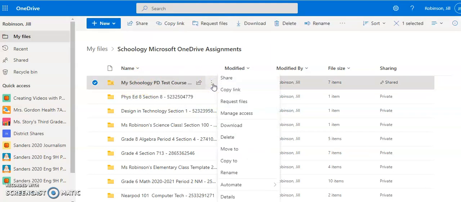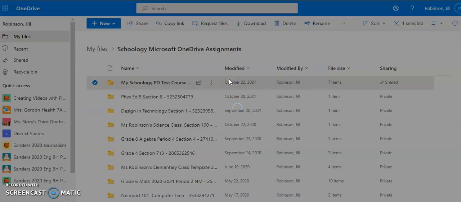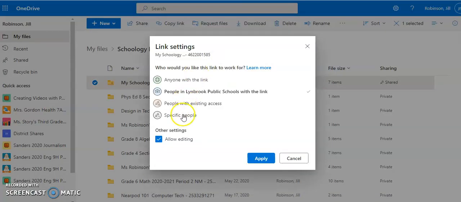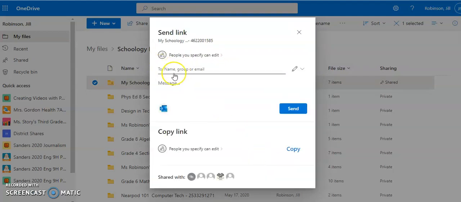So what I could do is I could just click on these three dots. I could go to Share, and then I could go and specify the person that I want to give access to, and then by doing that and clicking Send, they could now view any assignments submitted by the students for